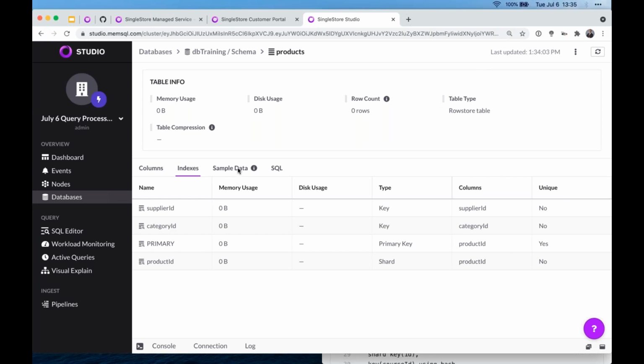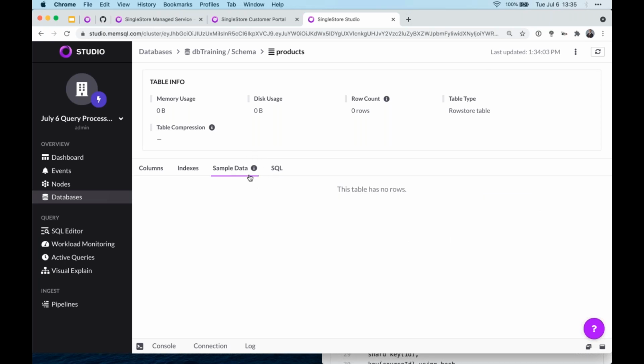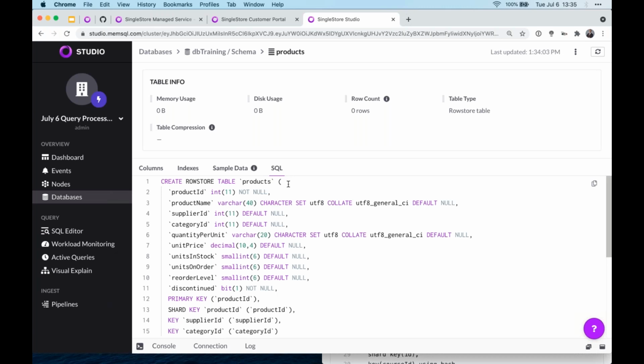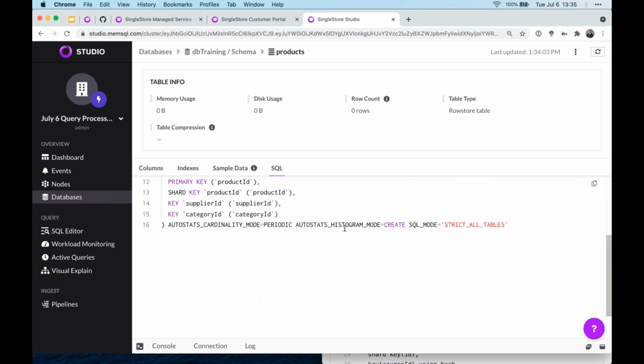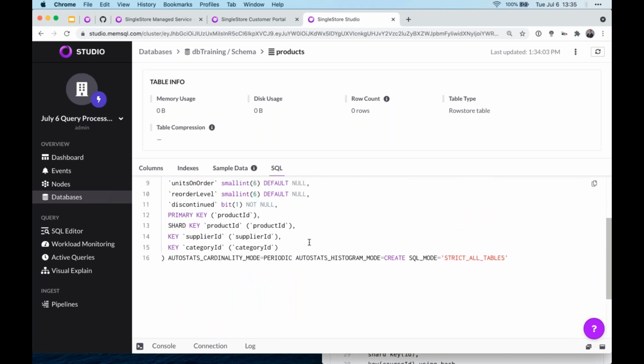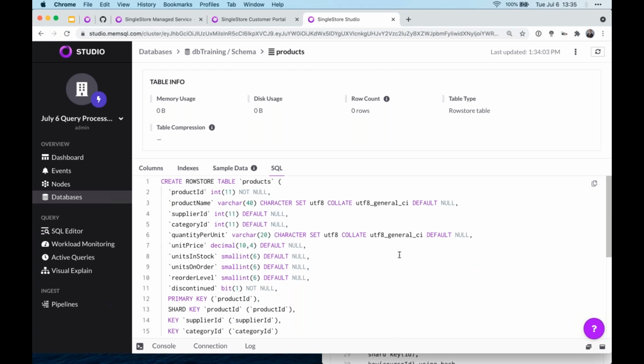Before we do that, I did want to mention there is sample data. If you have data, you can view that here. And there's also the SQL, so you can see what was created and how our smart engine ensured that you're able to bring this table in with all the statistics to help speed up your row store table for ideal performance